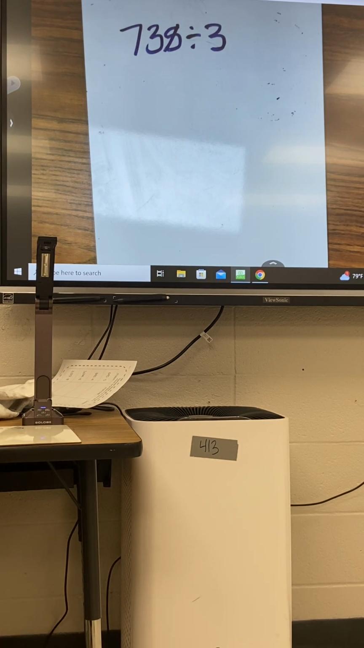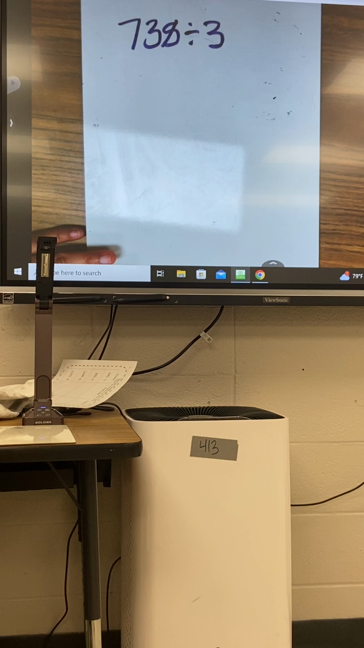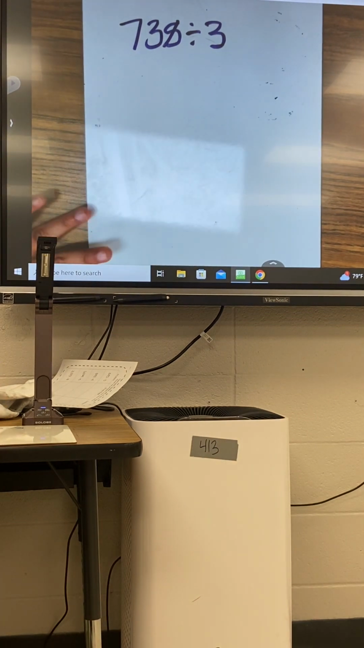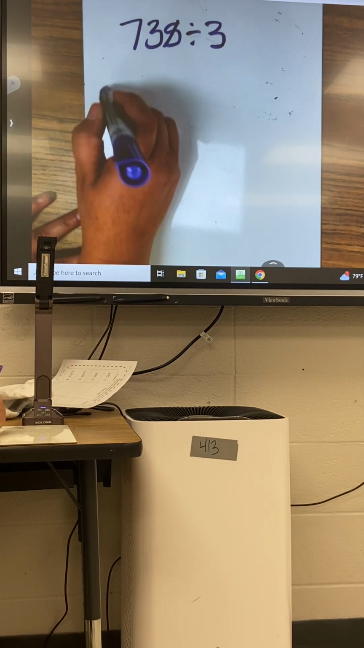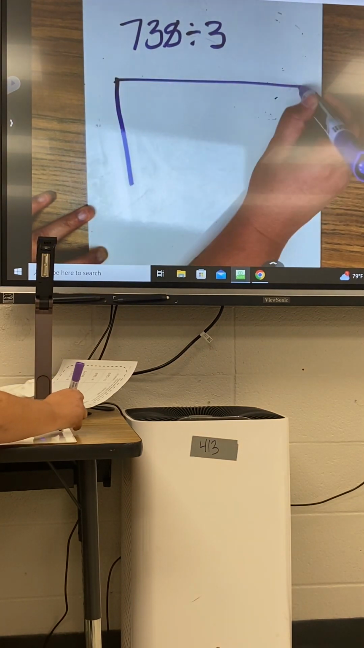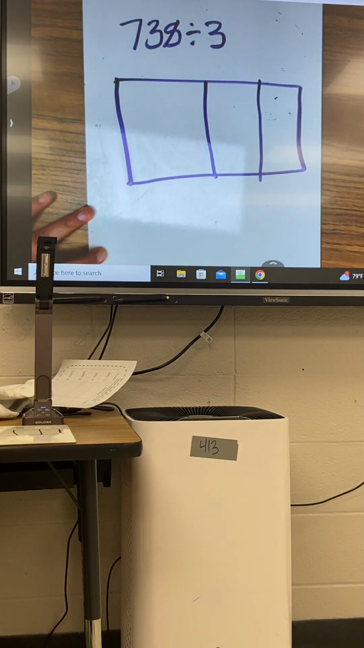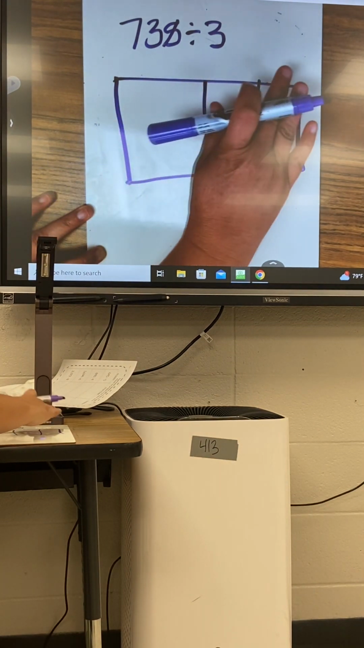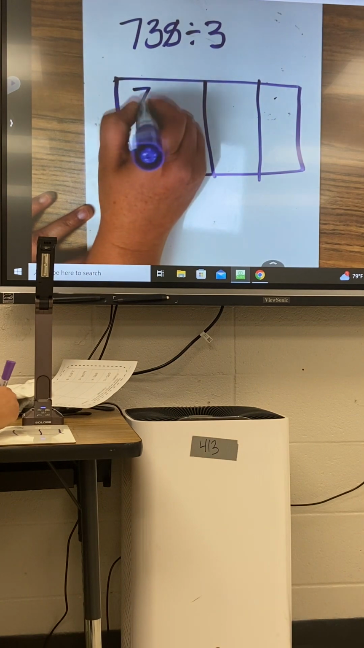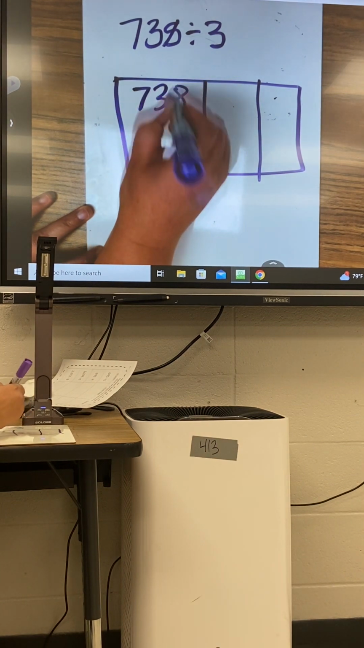But the area model is basically just backwards multiplication. And we've used all the words: backwards, reverse, inverse, opposite, right? All the different words to go along with it. I'm going to set my area model up just like I have for multiplication, but instead of breaking apart the number on the top, I'm going to keep the total, so 738